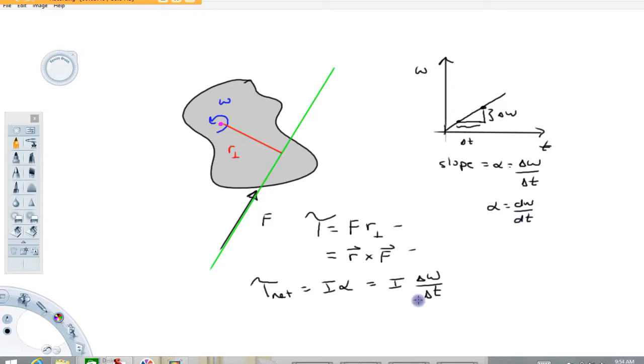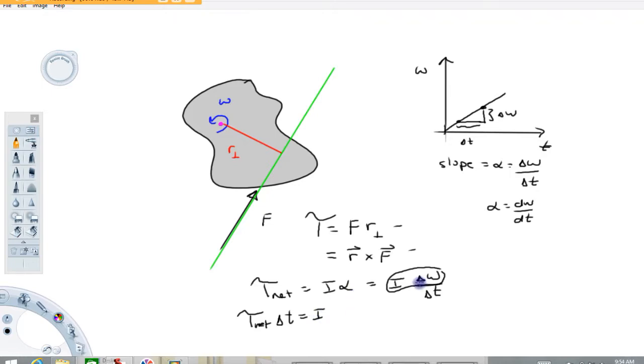And this is a separable type of equation here. If I take a look at this, net torque equals I change in angular velocity over change in time. If I multiply both sides by delta t, this is now going to read your net torque times delta t equals